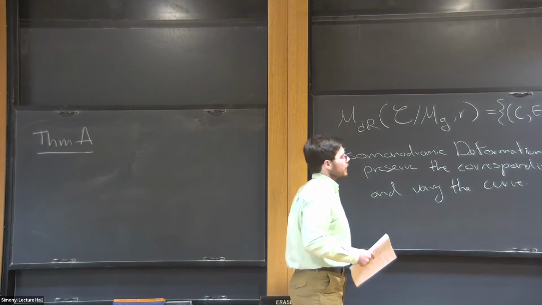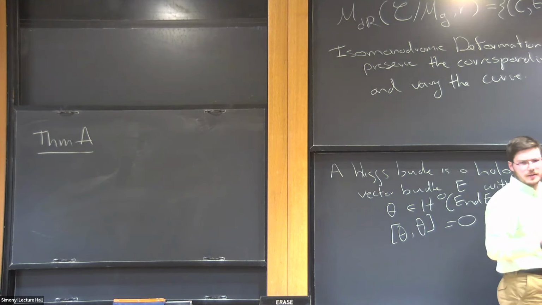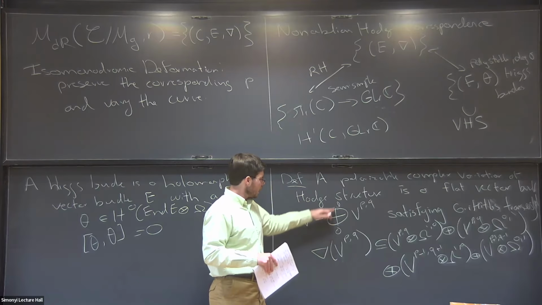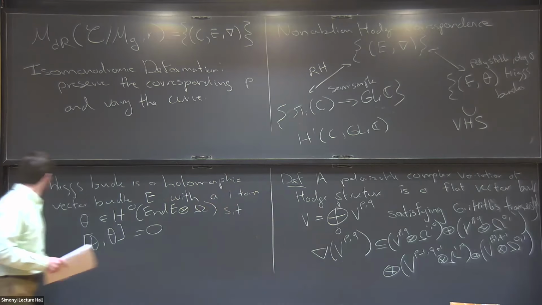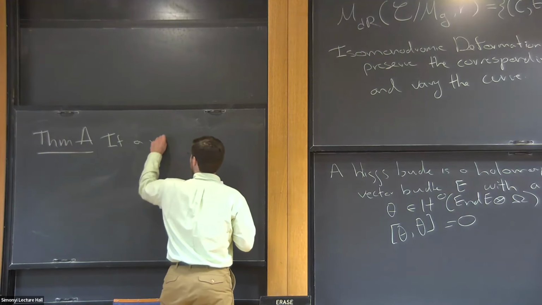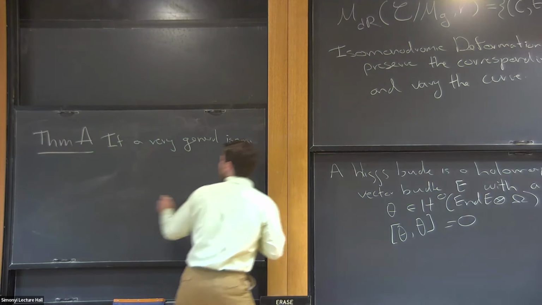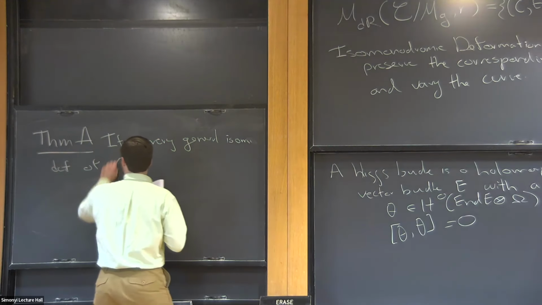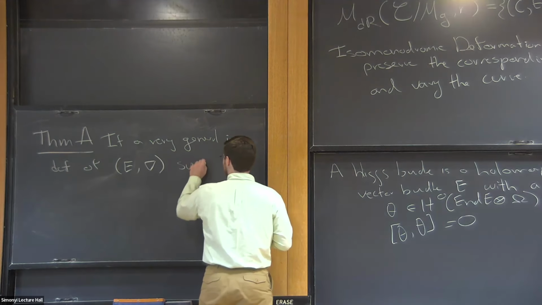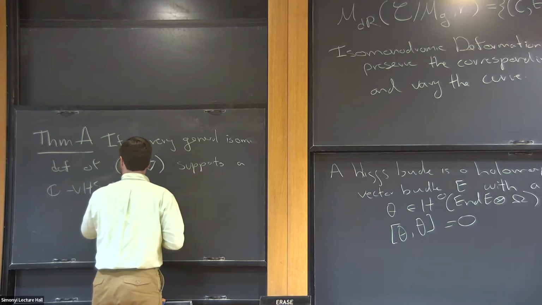I sort of glossed over it in my definition, but whenever I have this decomposition, or it's equivalent to a filtration on this bundle, there's a notion of the length for it, or the level, and I'm going to call that L. So the theorem is that if a very general isomonodromic deformation of nabla supports a complex variation of Hodge structure of level L